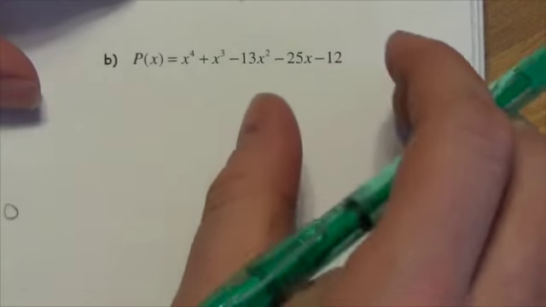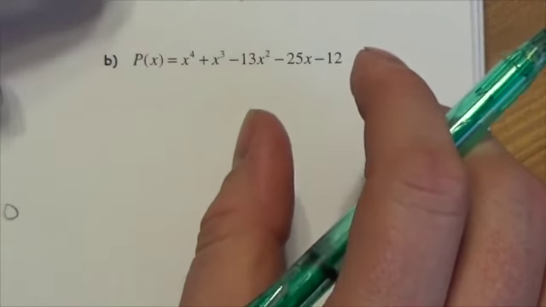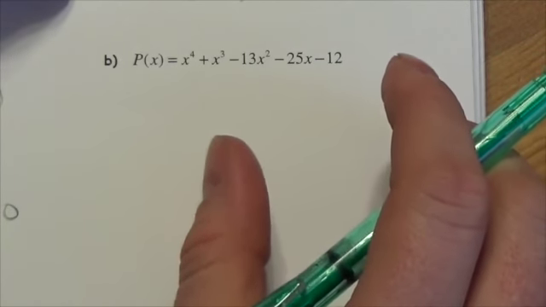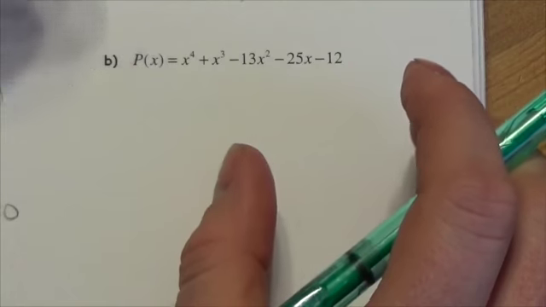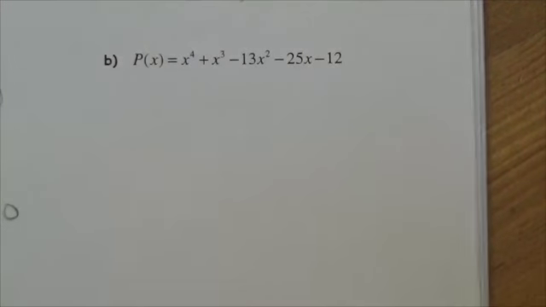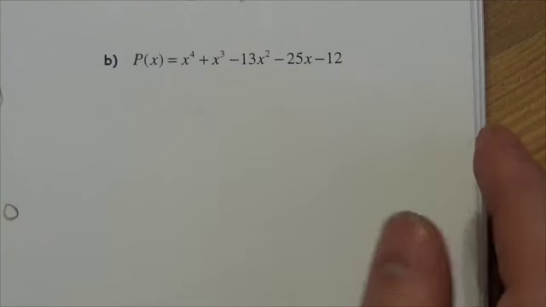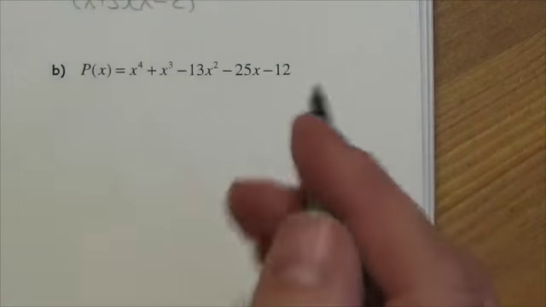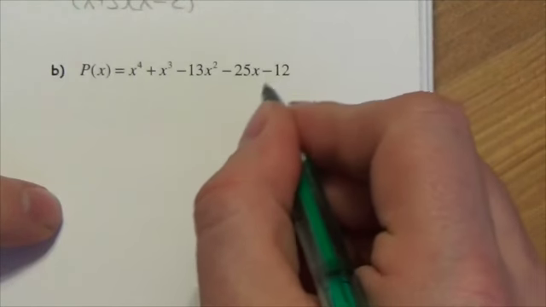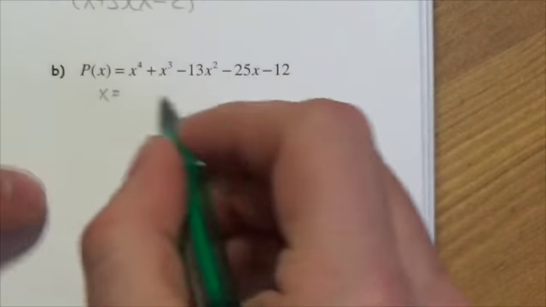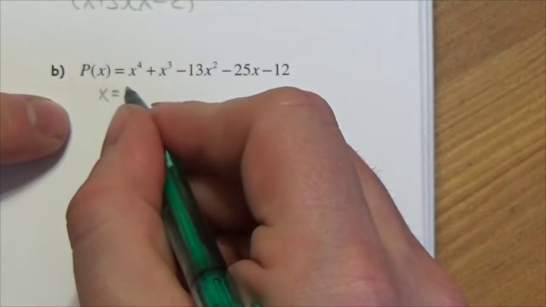I'm not going to be able to group this into two even groups, equally sized groups. I'd have to break this into a trinomial and a binomial. And really, we're not going to expect you to do that sort of thing here. So what we're going to expect you to do is some of the factoring using the remainder theorem. Because my constant here is negative 12,